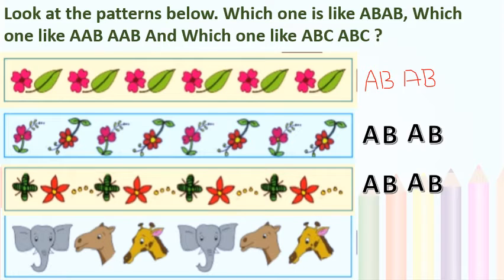Now the last one. An elephant face is there, a camel's face and the giraffe. Correct? Again elephant, camel, giraffe. So you are right. If elephant is A, then camel becomes B and the giraffe C. So ABC, ABC pattern we can see in the last one. Here also we will take ABC only. Okay. Dots also we will take into account.